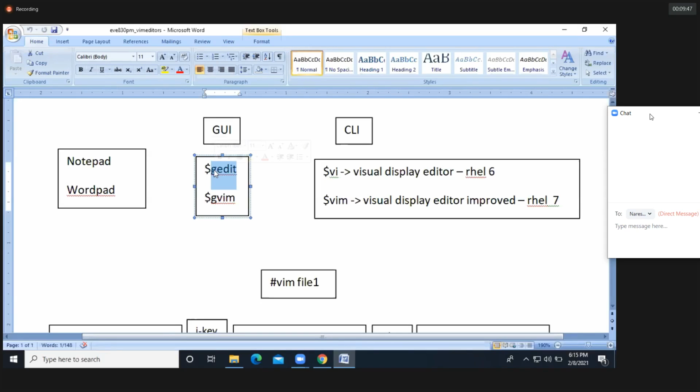Did you feel any difficulty managing Notepad, guys? From childhood onwards, we have been using Notepad to edit the files, so we don't have any difficulty. It's very easy to edit the files using Notepad. In the same way, coming to Linux, we have gedit and gvim. Here there is no need to learn gedit, because you know Notepad very well. Easily we can edit the file with the help of gedit also. Both are a little bit similar, and there is not much difference between Notepad and gedit. Clear?